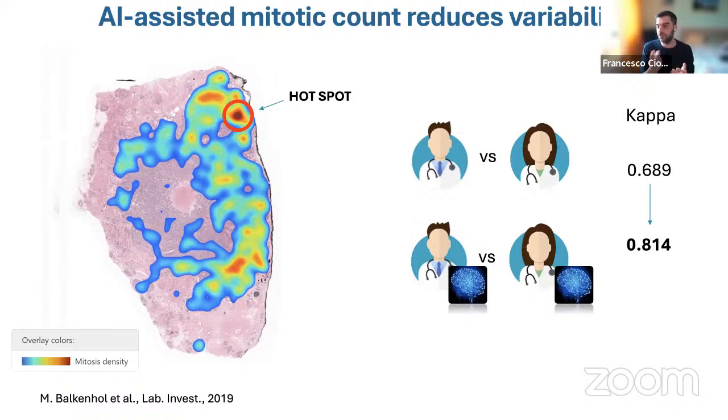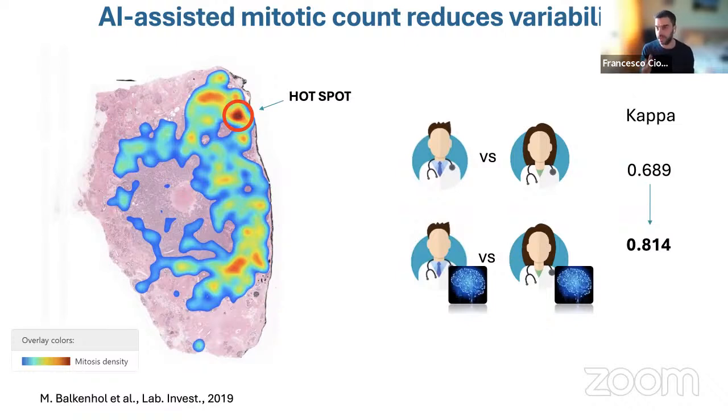So you get rid of one of the 2 variables for inter-observer variability, right? So you just say, okay, this is the hotspot, now count the mitosis. So still, it's not perfect. It means that they still don't agree on what is a mitosis and what not, but at least it improved the agreement regarding this aspect. So that was, again, something that for us in terms of diagnosis and breast cancer grading was the first evidence that, okay, we can use these type of algorithms to improve the reproducibility and therefore eventually also improve the diagnosis.